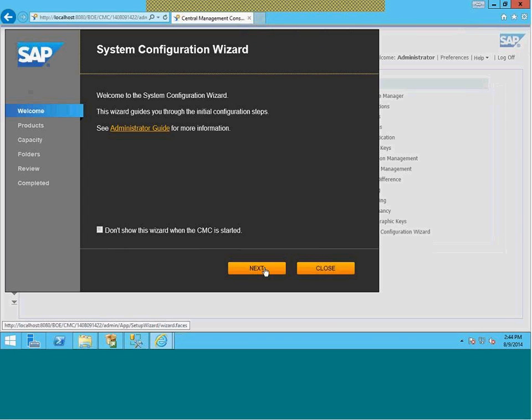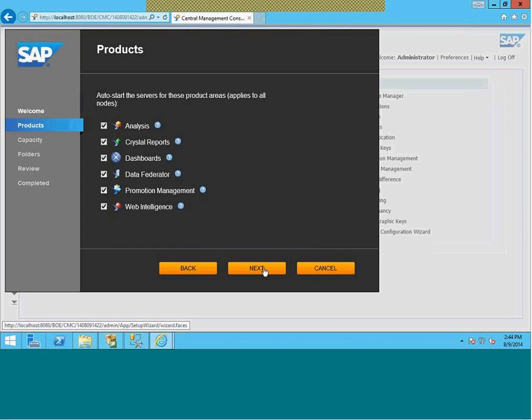It is asking if you want to do something. Let's click next. Start, apply to all. Suppose you are not using the dashboard, you can uncheck it, so it will not start, and it will save CPU and RAM for you. Okay. Then they are asking to stop it. Next,